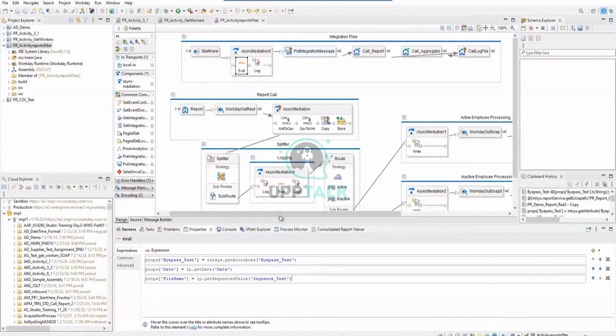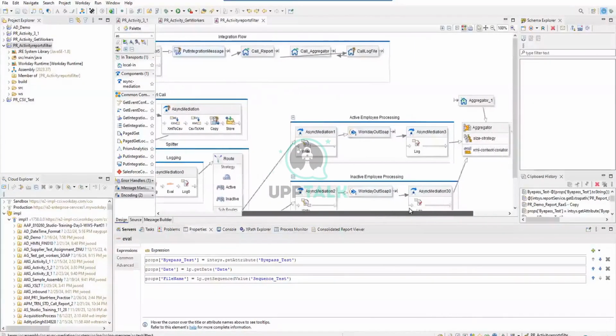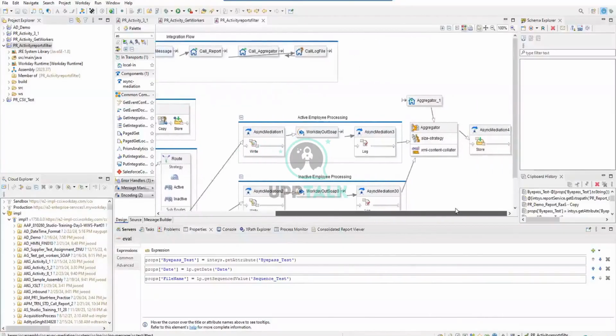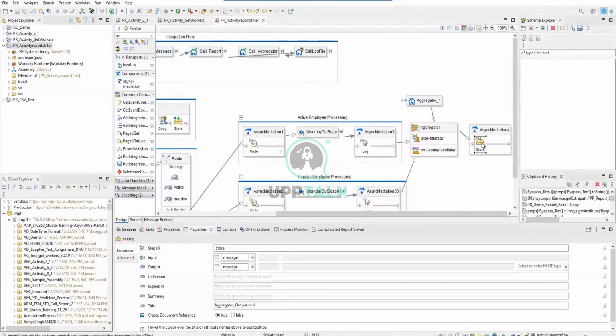Where you are generating the final output file, the aggregated output, this one, in the title, we will pass the property. You don't need XML. We will configure the XML in the sequence generator, the extension. Leave that. You just put a